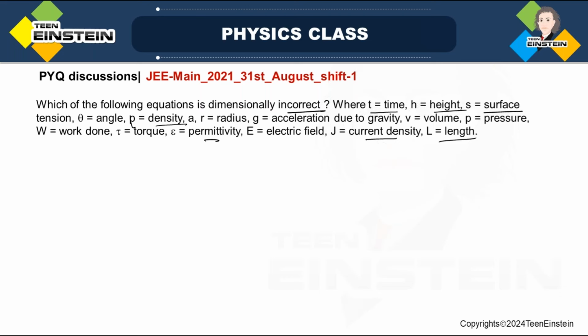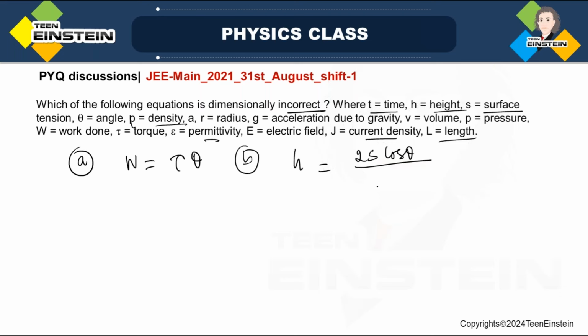And let me give you the equations here. So what are the equations given? So W is equal to tau theta. Okay, first one. Second one is option B, that is H is equal to 2s cos theta by rho r g. Okay,